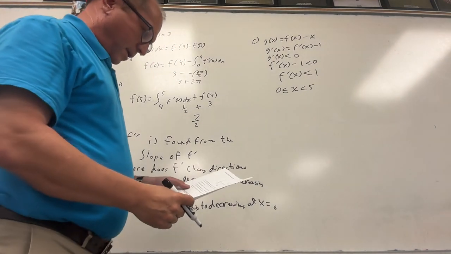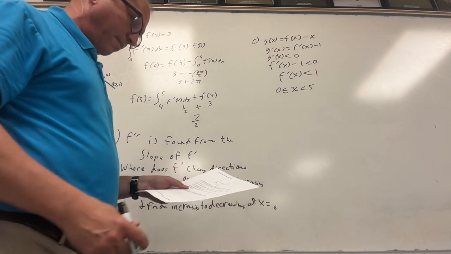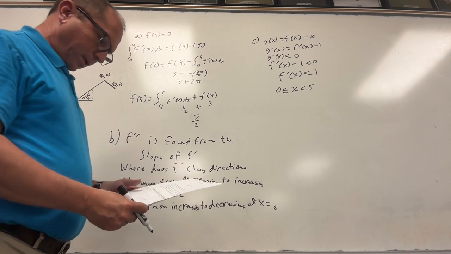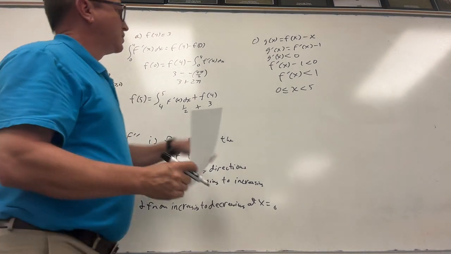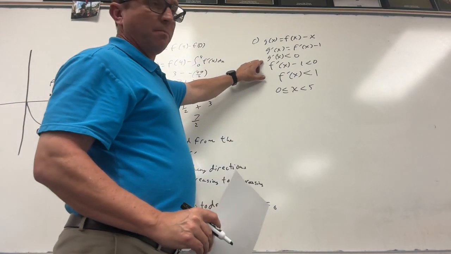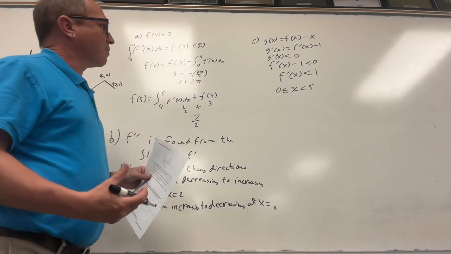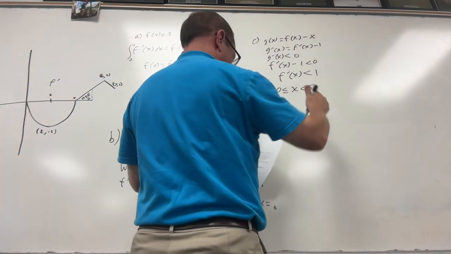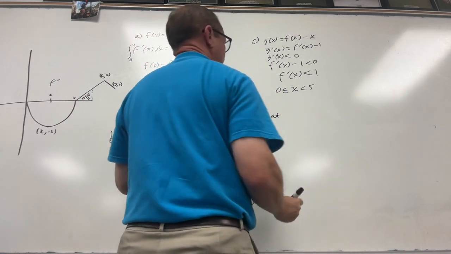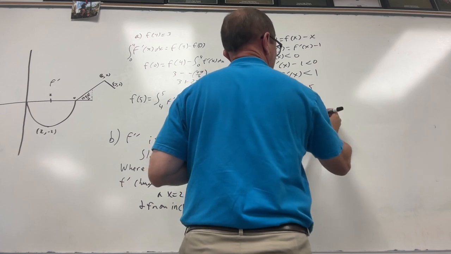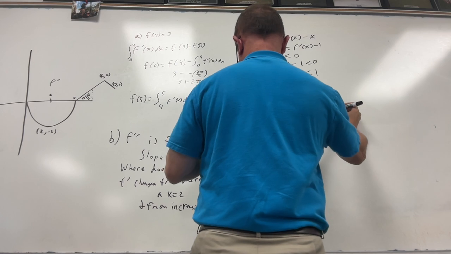Then finally, for part D, it says for the graph of g defined in part C, find the absolute minimum value. Well, the absolute minimum is going to be found where g prime goes from negative to positive, which we said was here at 5. So at x equals 5, g of x has a minimum,